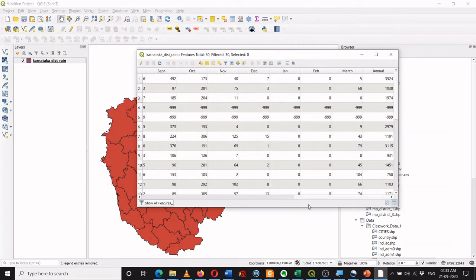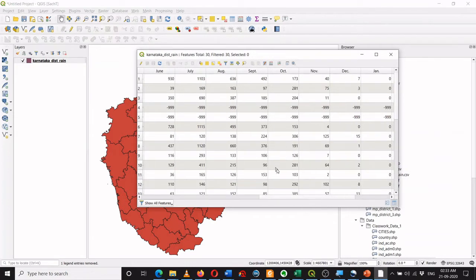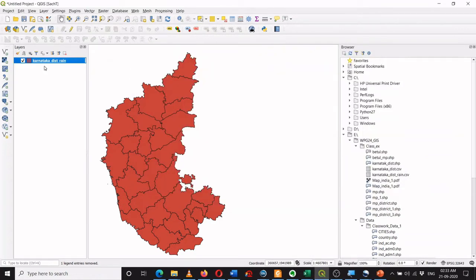So the purpose is to draw colorful maps based on the rainfall data which is available in the attribute table. So let's see how to do that.